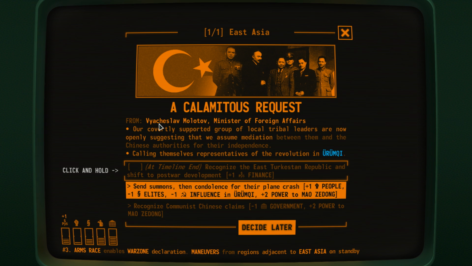Event, a calamitous request from Vyacheslav Molotov. Our covertly supported groups of local tribal leaders, East Turkestan, I'm guessing from the flag, are now openly suggesting that we assume mediation between them and the Chinese authorities for their independence, calling themselves the representatives of the revolution in Urumqi. At timeline end...